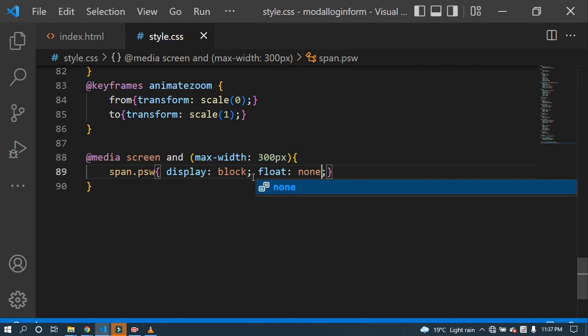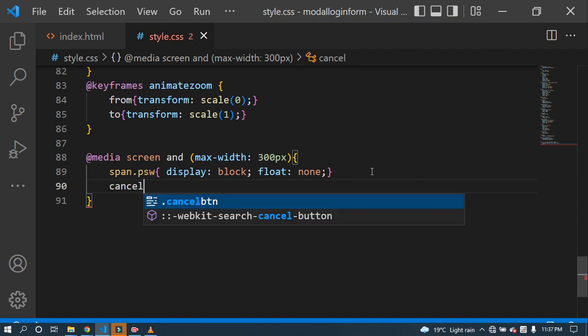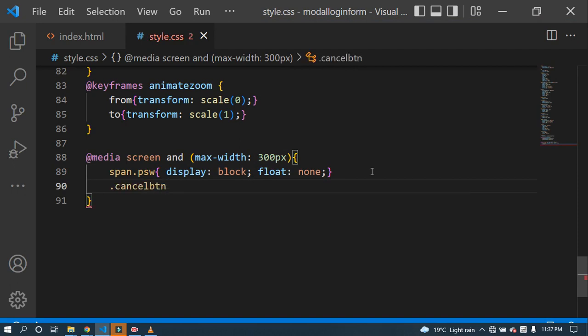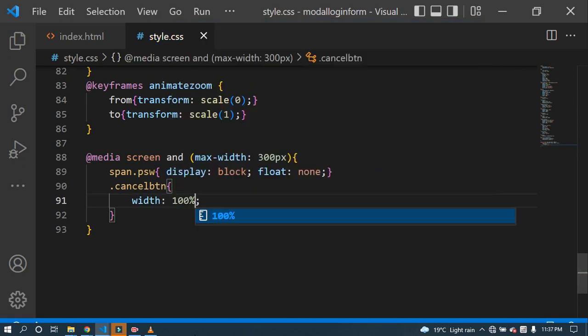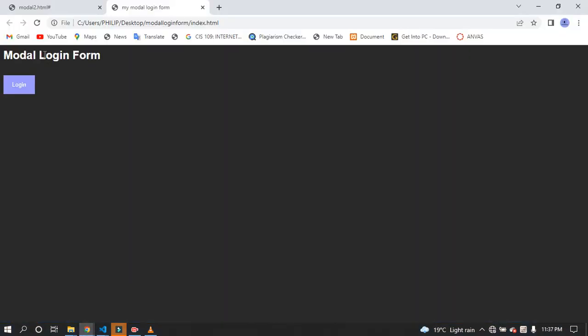All right, now after that, you'll just need to style the other part, which is cancel button, cancel btn, whereby the width for it will be 100%. Right, so if you come back here and then click on refresh,